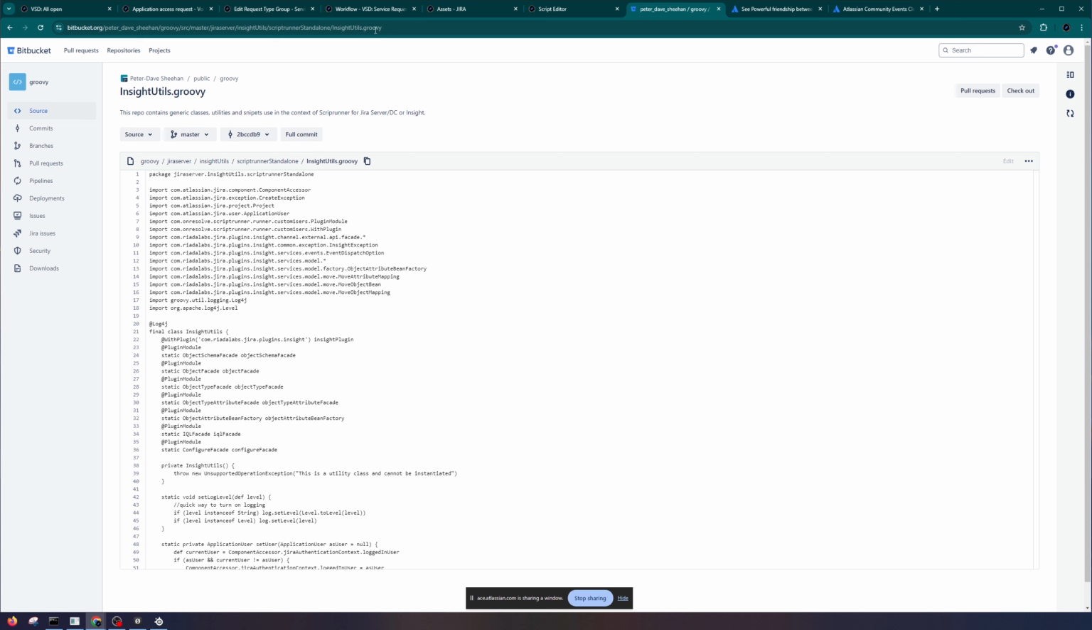Let me link it from now so I don't forget. So here you can see Peter's Bitbucket. It's a public place where he has all of this stuff. But we want to make sure that we use this exact